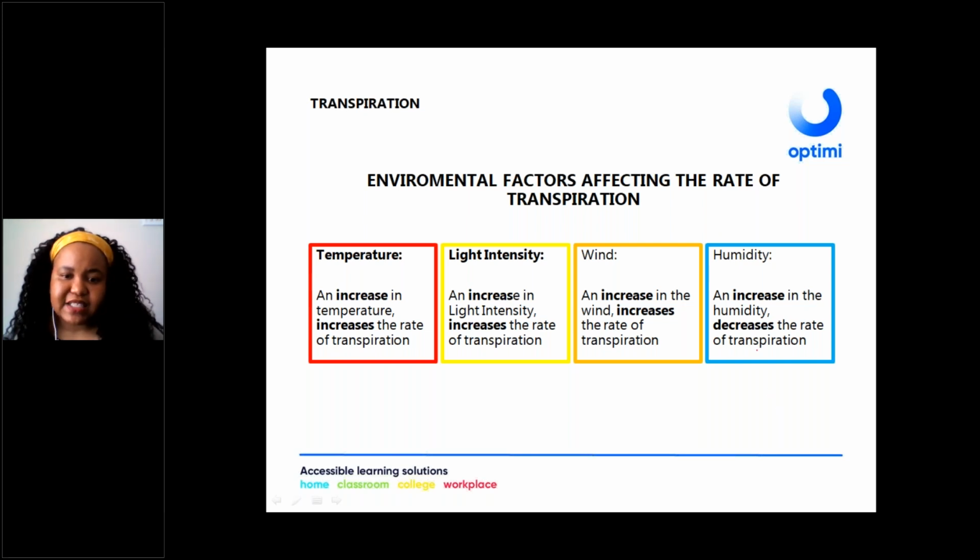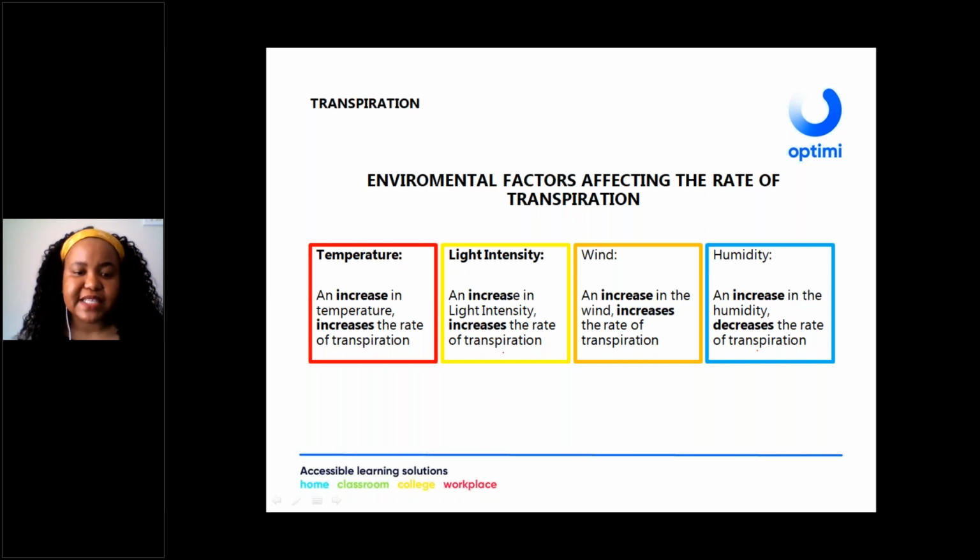Okay. The next factor that we're going to be looking at is light intensity. Okay, light intensity is one of the environmental factors that affect the rate of transpiration. How so? Okay, remember I've mentioned that during photosynthesis, we need light. We need light energy for the process to take place. Okay, so this means that if you increase the light intensity, the stomata,